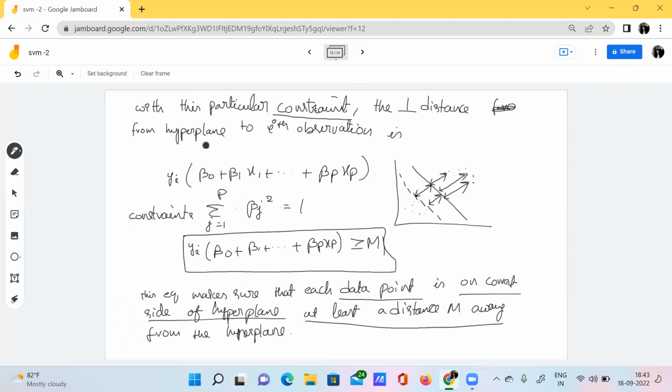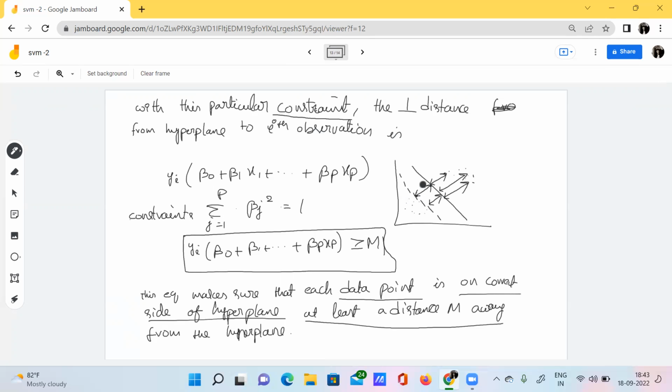See what I have explained. With the help of these constraints, constraints meaning here nothing but the parameters, we can find the perpendicular distance from the hyperplane to the ith observation.